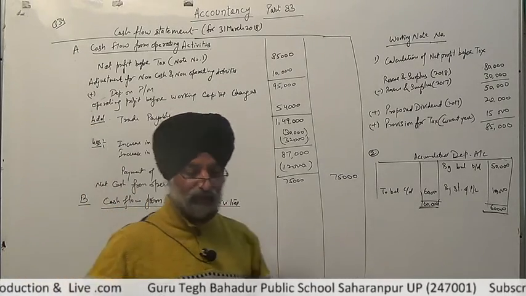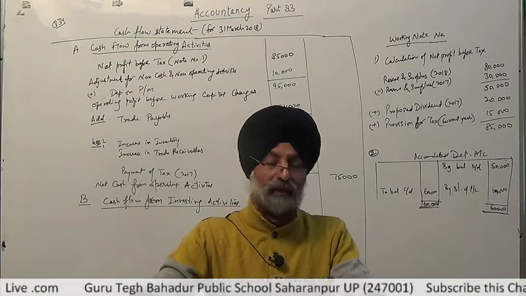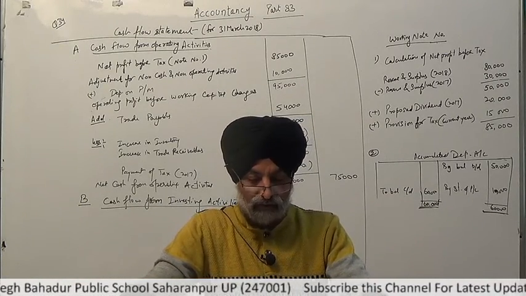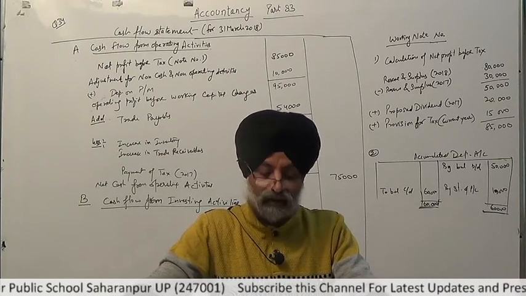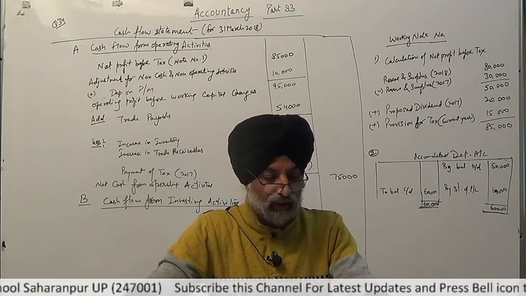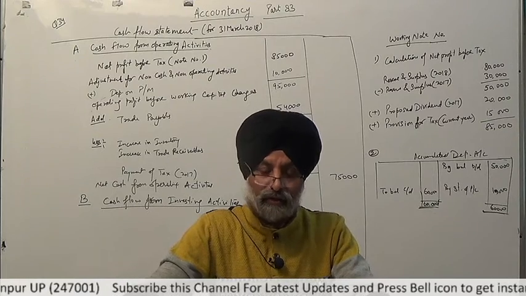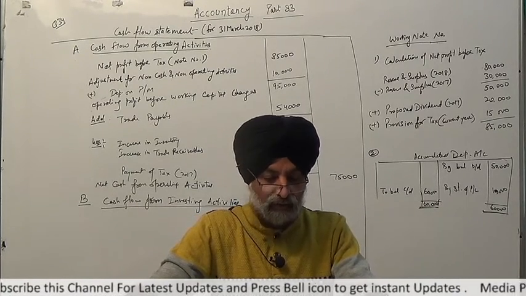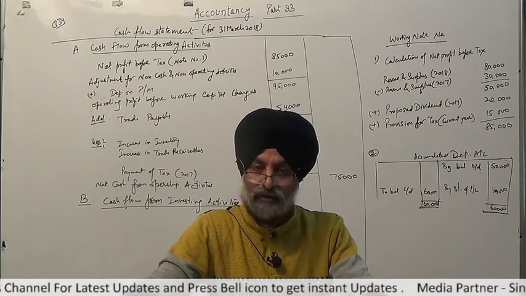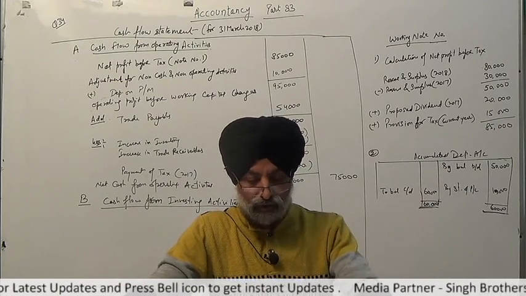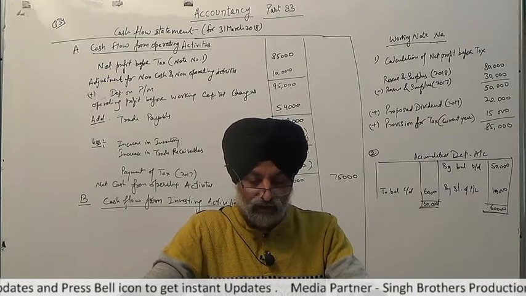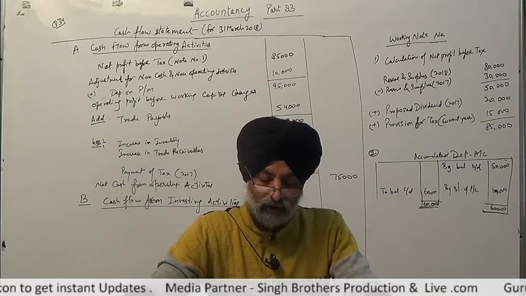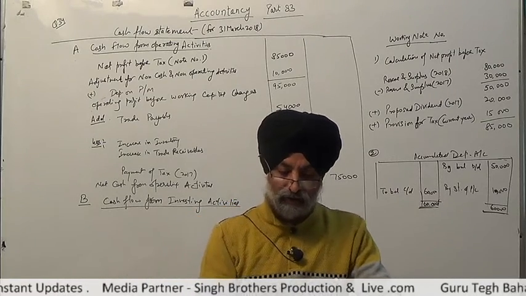Yes, cash flow from investing activities. In this, if there is any purchase of plant, machinery, furniture, or purchase of goodwill, that is, purchase of any assets, or investing any amount in investments, all this will come here. Sale of plant, machinery, investments is also recorded here. So we have to see first where we have purchased plant, machinery, furniture or investments.